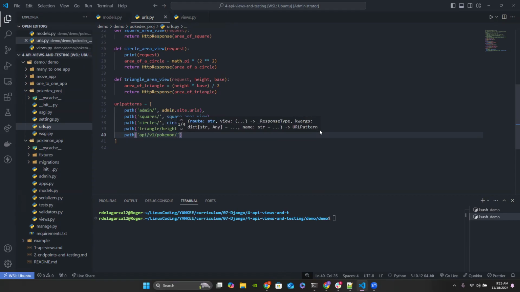Roger, where's API and v1 coming from? Well, API and v1 is kind of a common practice. API standing for the fact that this is for our API, and the v1 being the first version of our URL endpoints, right? If you've paid attention to some of these APIs that you guys have used, you might have noticed that there's probably a v2, v3 within the URL path, and that's just saying that's